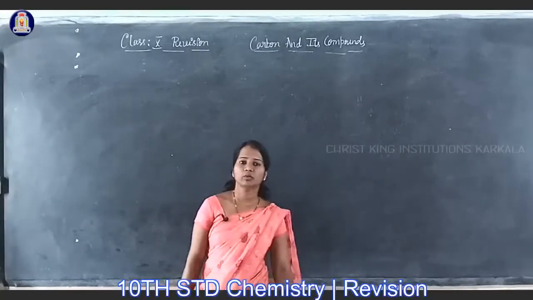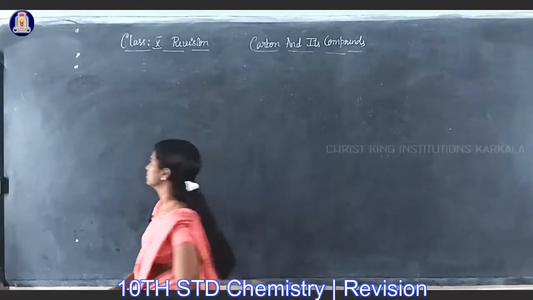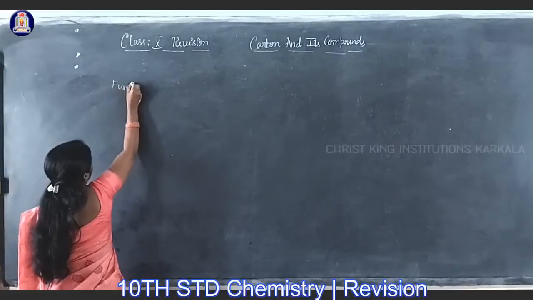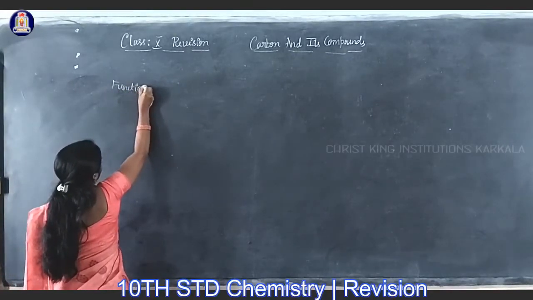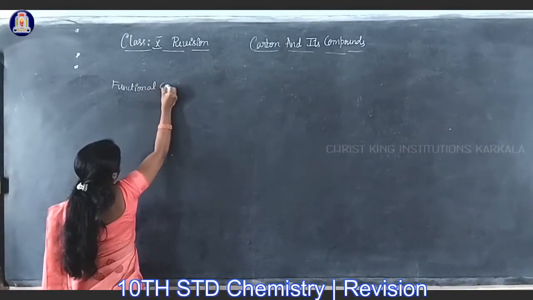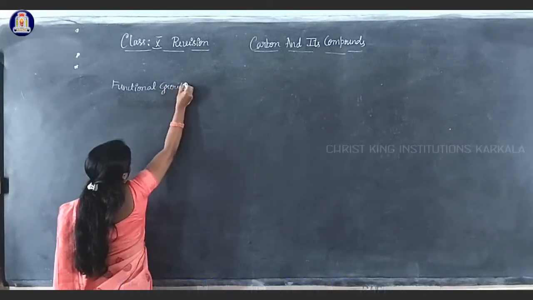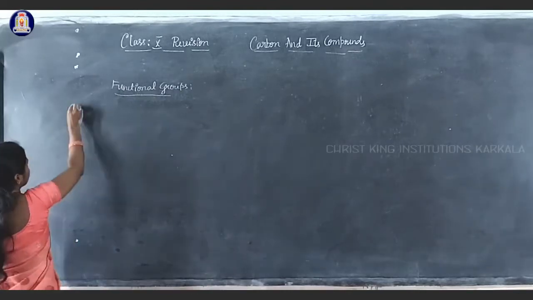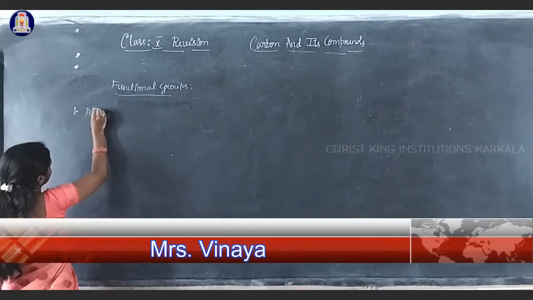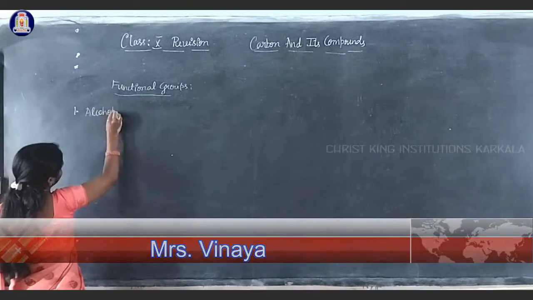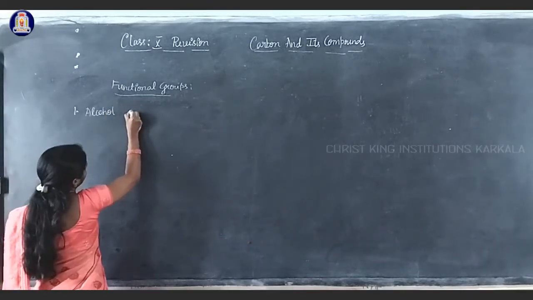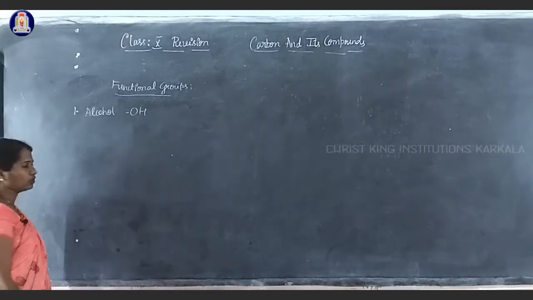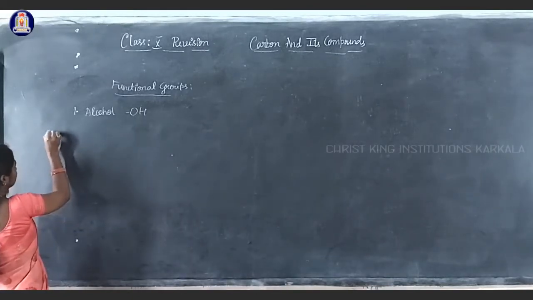Students, now we'll move to the functional groups. In the functional groups, the first functional group we will study is alcohol. The functional group of alcohol is OH. OH is the functional group of alcohol. First member of the group of alcohol